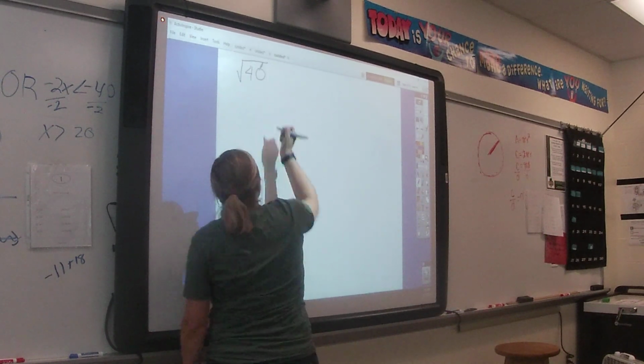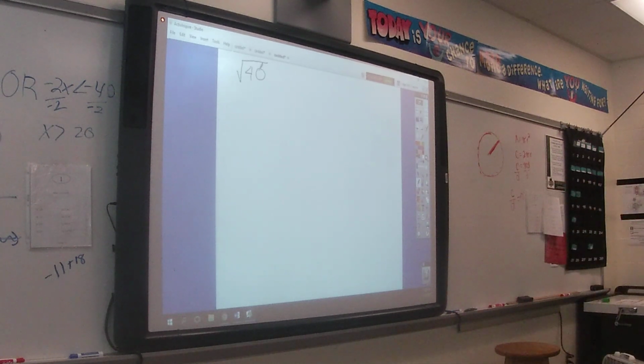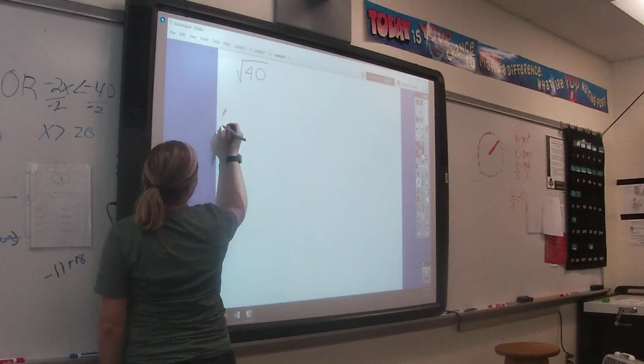So let's say we wanted to simplify the square root of 40. The square root of 40 is not a perfect square. It's 10 and 4, right? So here's the thing. I think some of you are going to be able to see perfect squares within them, but I don't want to have to start with the square root of 2,560. So I'm going to give you the process going through. First, no decimal approximations. First thing that we are going to do